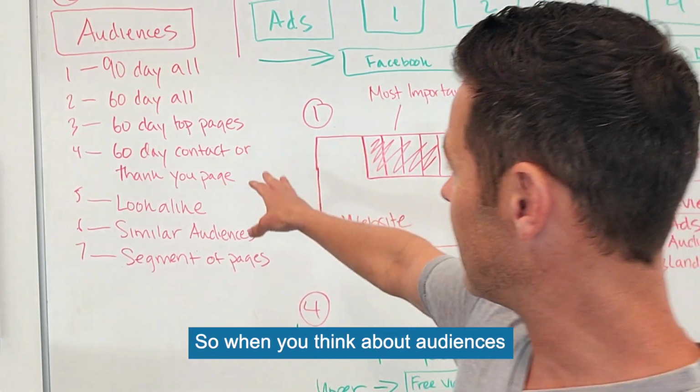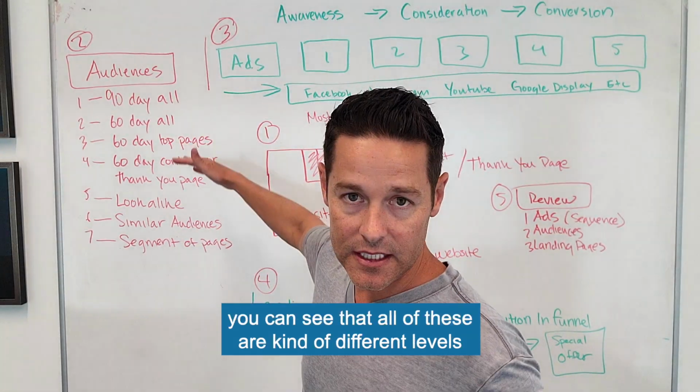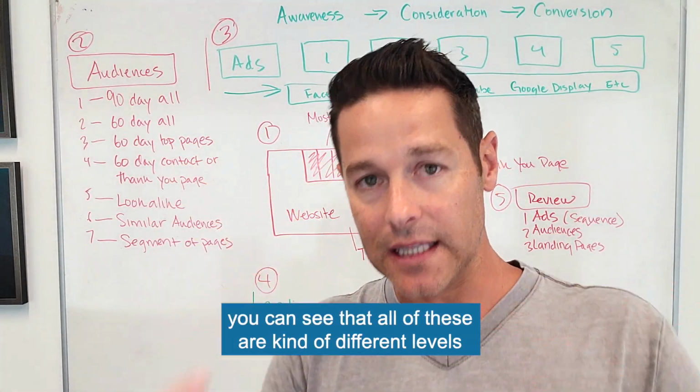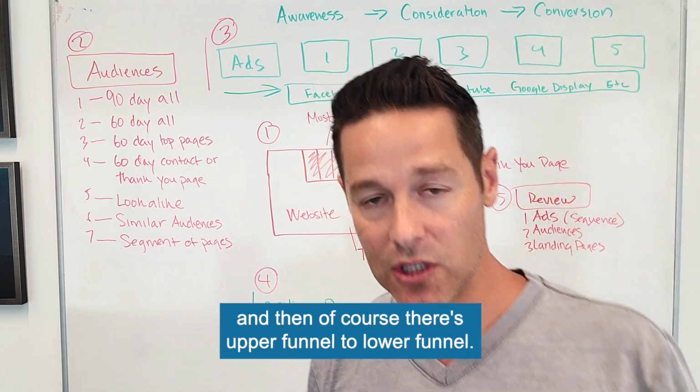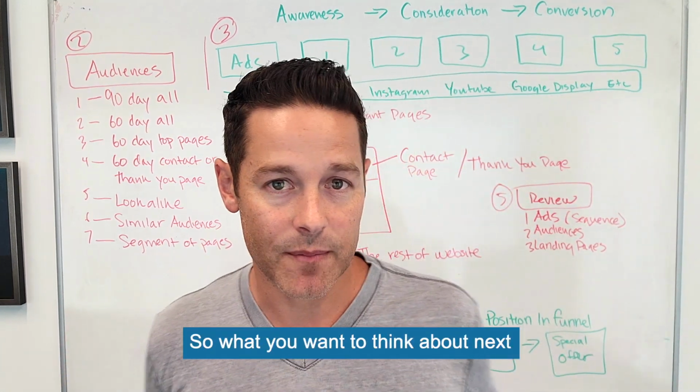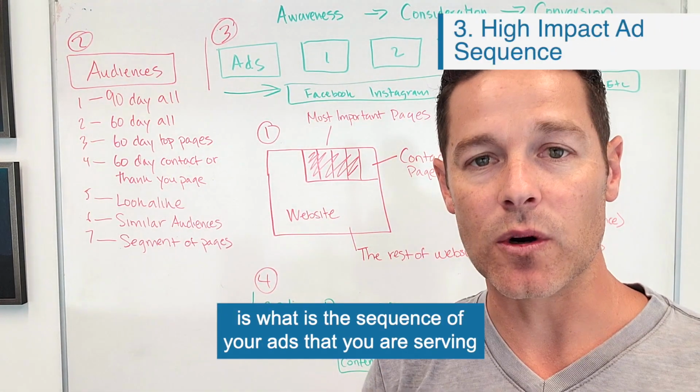So when you think about audiences and you think about the website, you can see that all of these are kind of different levels of people who have been engaged with the site. And then of course there's upper funnel to lower funnel. So what you want to think about next is, what is the sequence of your ads that you are serving